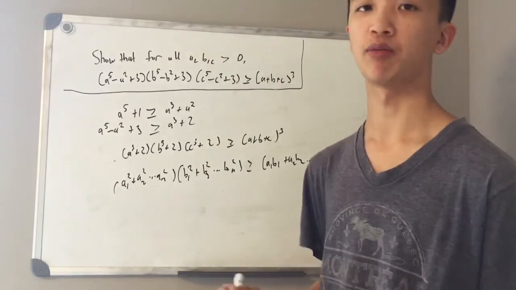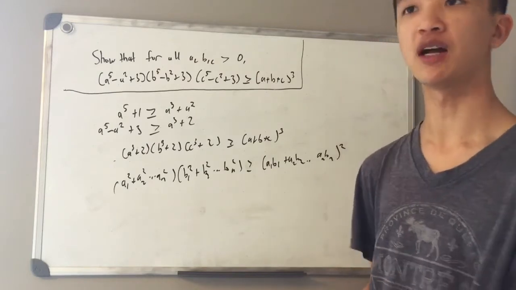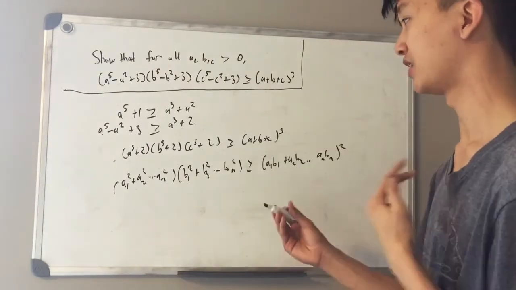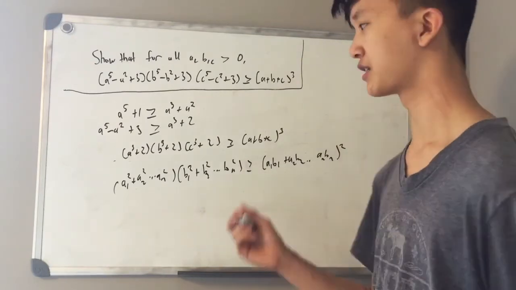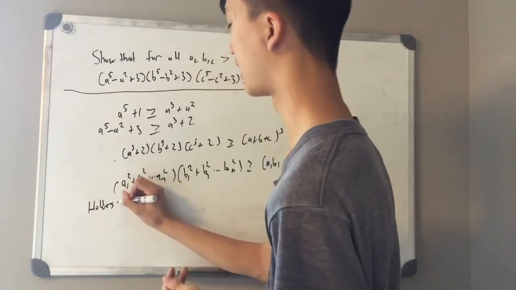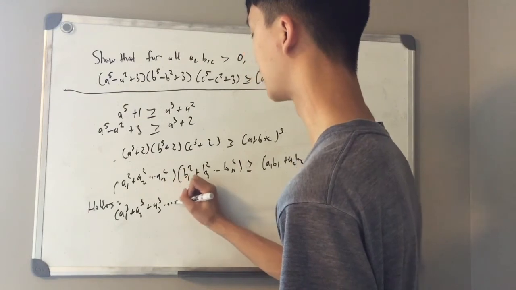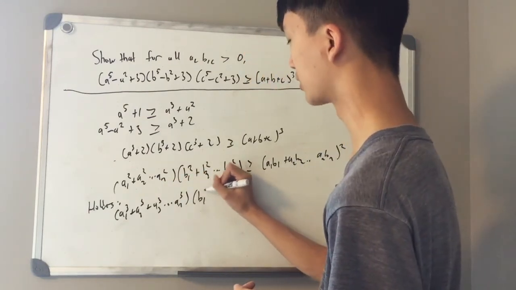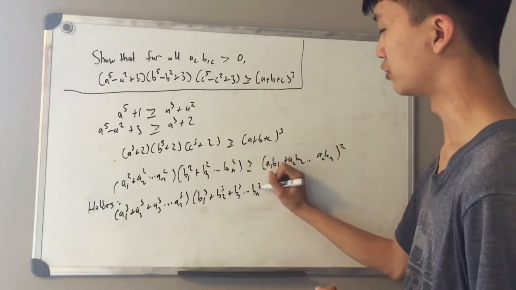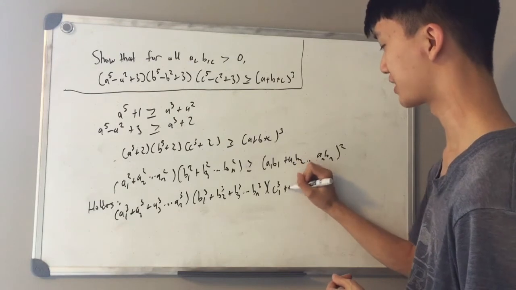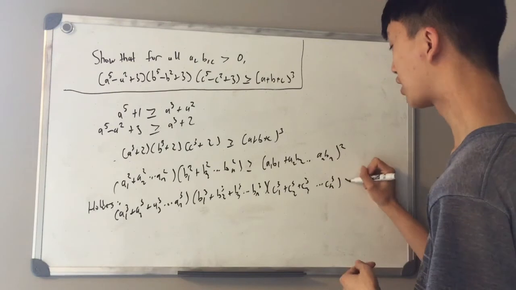Now, Hölder's inequality is a generalization of this statement. Hölder's inequality can be applied to any number of sets over that number of power. But in the most common case of Hölder's inequality, we are going to use 3 sets. So Hölder's states that a1 cubed plus a2 cubed plus a3 cubed all the way to an cubed times b1 cubed plus b2 cubed plus b3 cubed all the way to bn cubed times c1 cubed plus c2 cubed plus c3 cubed all the way to cn cubed is greater than or equal to